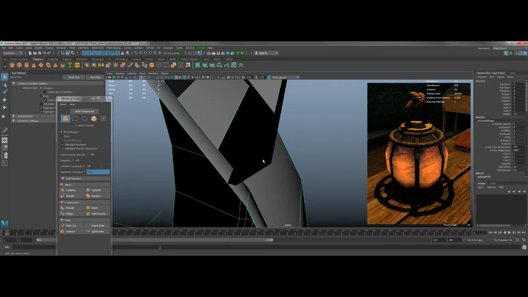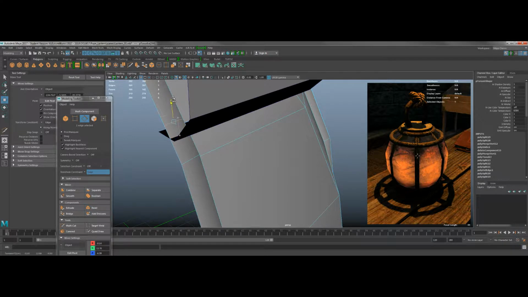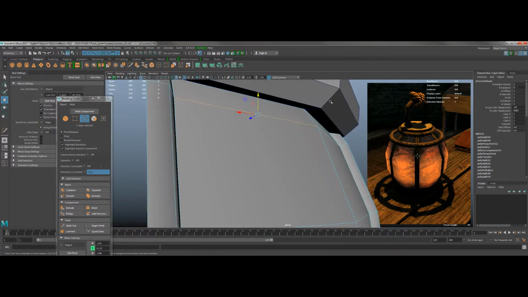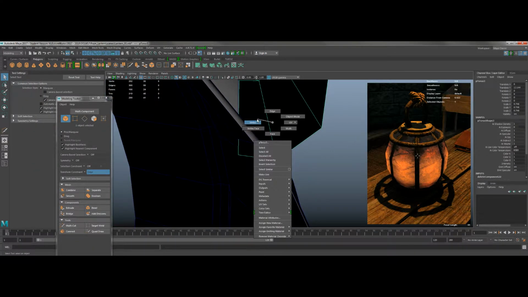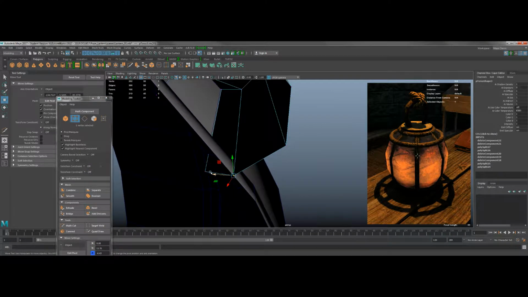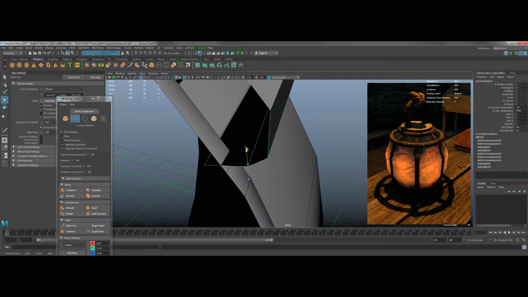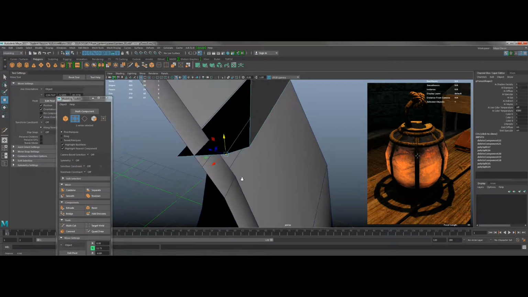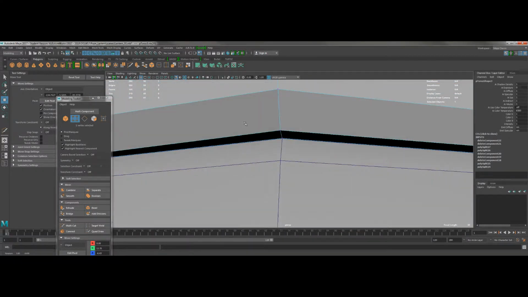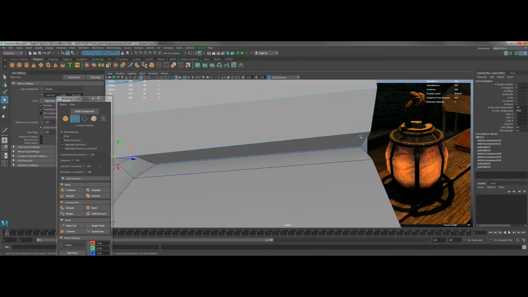So what I'm going to do is use the points I've just made on the main body to snap the vertex of this torus to. So like that. Turn off this constraint. There we go. I'm going to snap, because I can't see the actual thing. Right, I'm going to snap this vertex to this point here, like that, and then I'm going to go around and do that for every one of these. So snap,